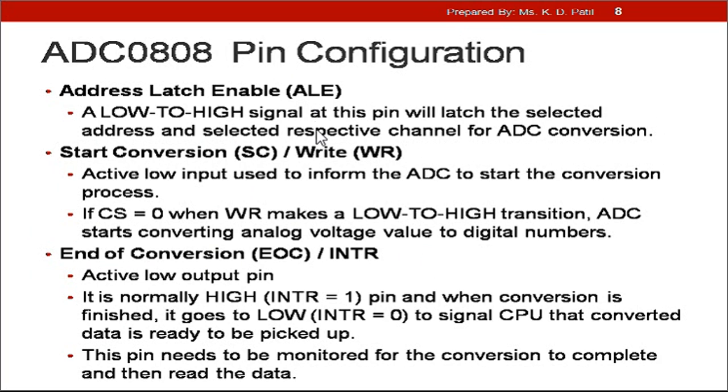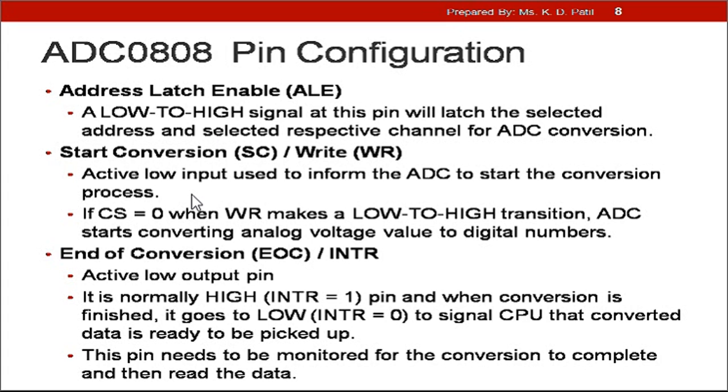When the address lines are selected and the input analog channel is selected according to them, a low to high signal will be sent to the address latch enable pin to latch that selected address and the respective channel for the ADC conversion. Now those channels are selected and locked by the ADC using this address latch enable pin. Now the ADC is ready to